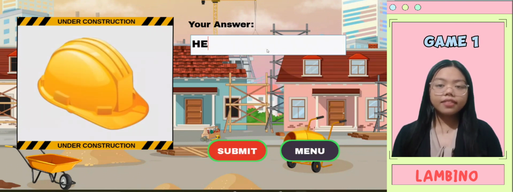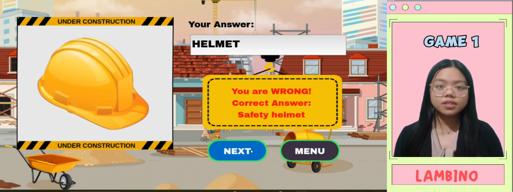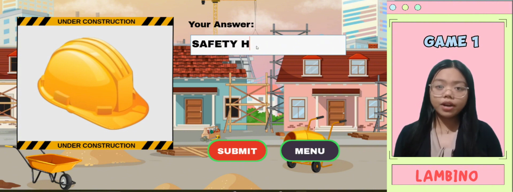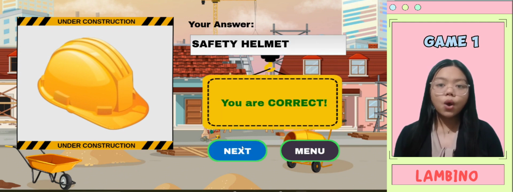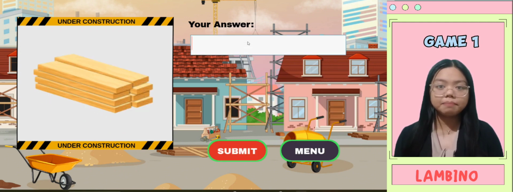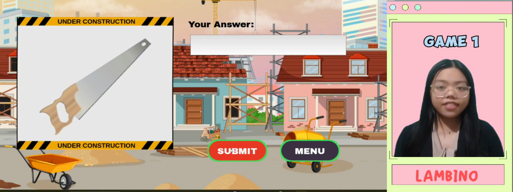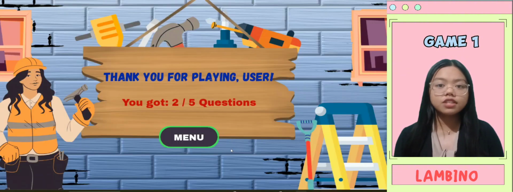At random, the application will display pictures of various tools and materials used in civil engineering. The answer of the user should be entered in the text field. The program will provide immediate feedback on the correctness of the user's answer once he or she clicks the submit button. The application will navigate to a scoreboard screen after 5 turns,